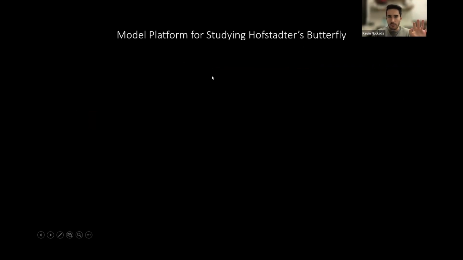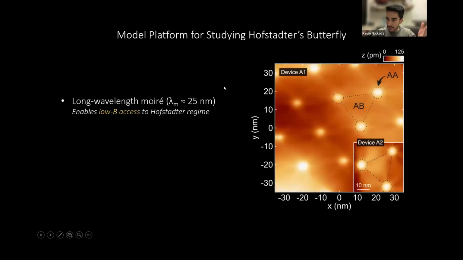So we're using this platform because of a few key advantages, and I think in our paper we distill it down to two main advantages of studying the Hofstadter butterfly near the second magic angle. So the first main advantage is that second magic angle graphene has a very long wavelength moiré pattern of about 25 nanometers. So this produces a very large superlattice unit cell, which admits clear signatures of Hofstadter's butterfly at very low